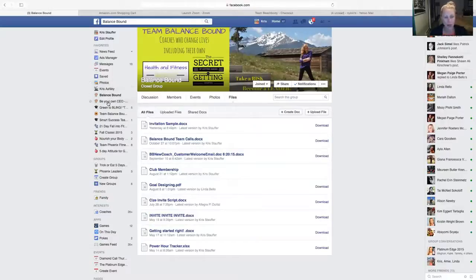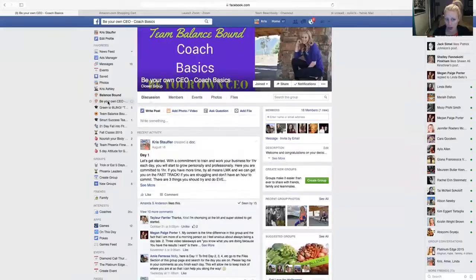So then going back over to my left-hand side, I, of course, have my Coach Basics group up there. If you don't have your Coach Basics group in your favorites, you should put it in there. And you can do it right here. On the left hand, there's a little wheel that says you can remove to your favorites or add to your favorites. We'll go down, and I want to talk about